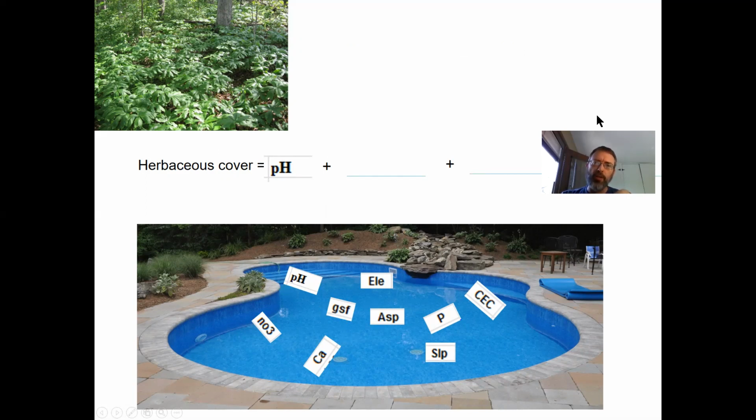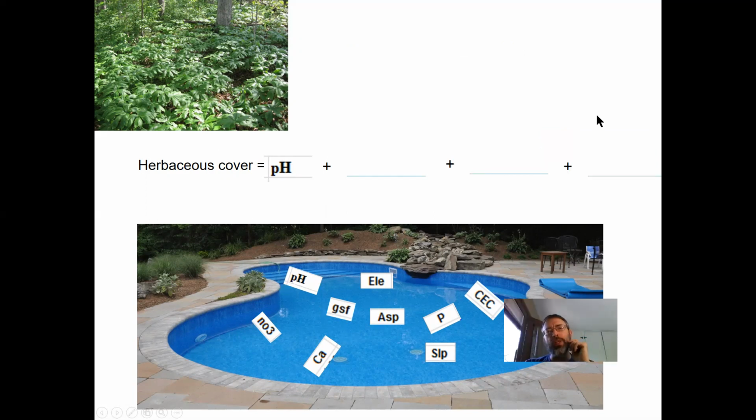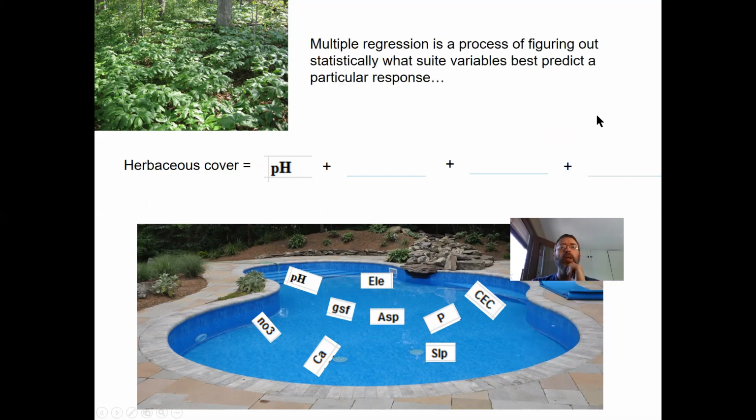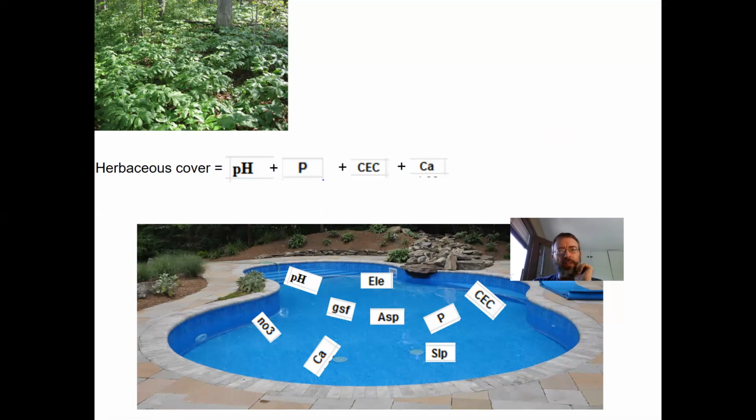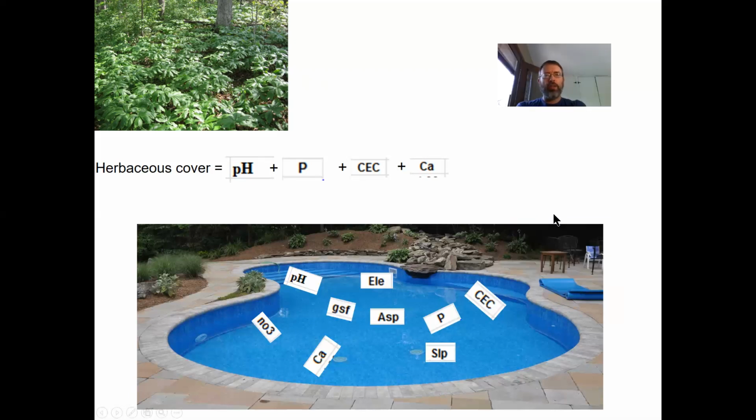So multiple regression is a process of figuring out statistically what suite of variables best predict a particular response. So, phosphorus, cation exchange capacity, and calcium. So we're building it like this. Now, two things to say. First is